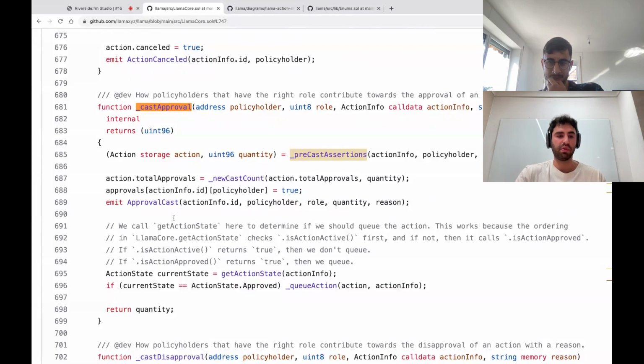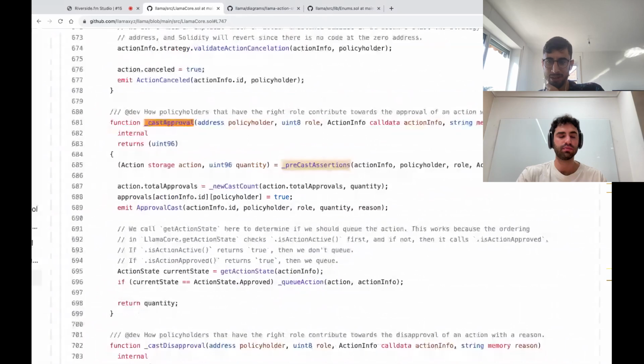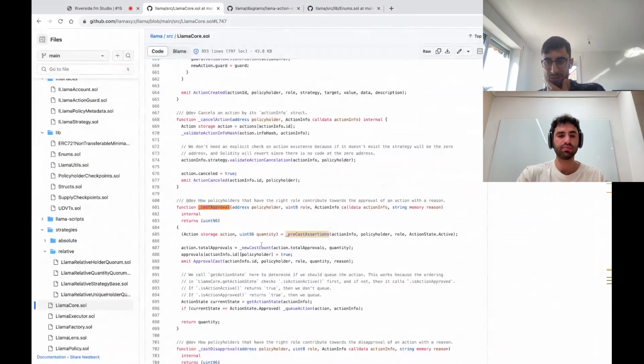So what we're doing is casting the approval when the approval should be cast, and then in this logic here, we're checking: did this approval push this action over the edge into the approved state? And if it did, let's automatically queue it. Okay. I think doing the emit at the end would save some gas in a failure case, but it makes sense. That's true.